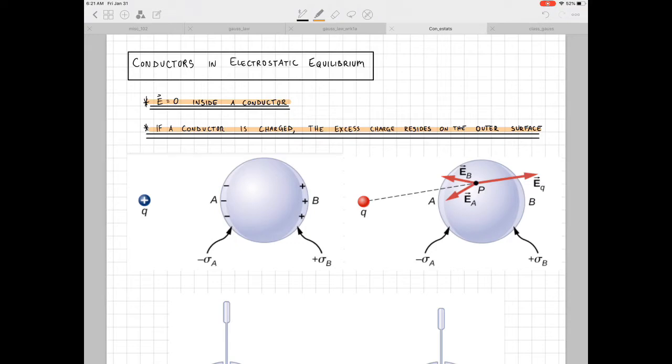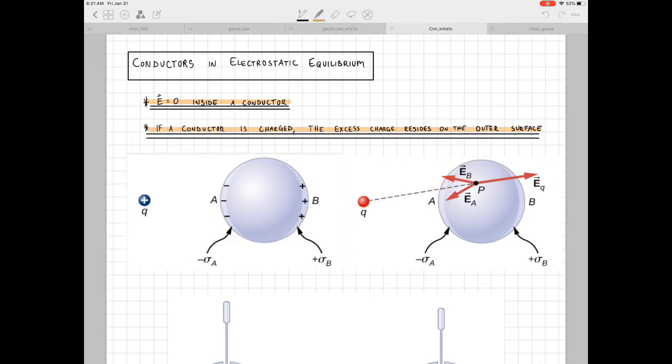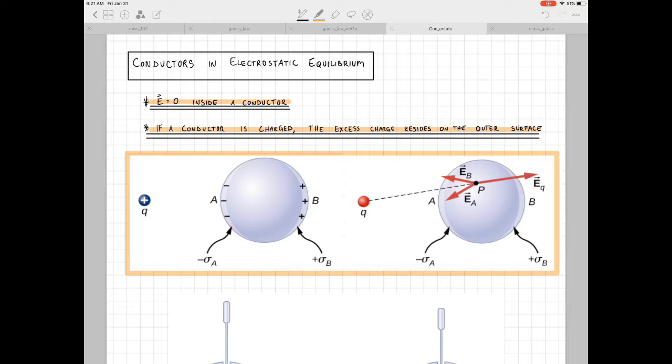So this first figure that I've got shown here highlights the first bullet point, that the electric field inside a conductor is zero. So I've got a positive charge over here on the left that induces a negative charge on the left-hand side of the sphere and a positive charge on the right-hand side. And over here on the left portion of the figure, we see why that means that the electric field is